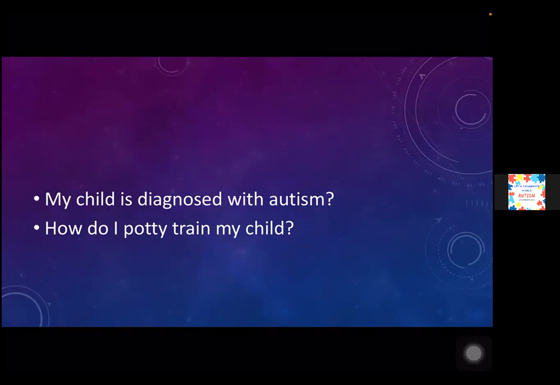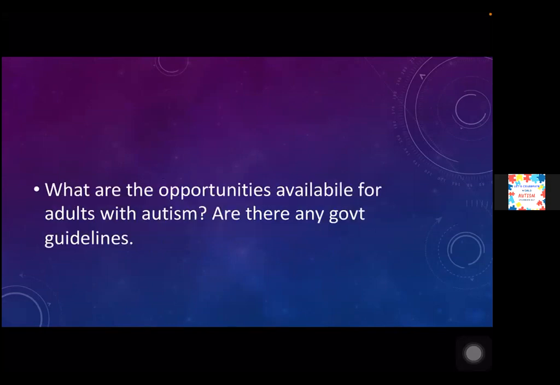How to potty train a child with autism? I would say it is with behavioral therapy, occupational therapy, and personally at home, the parents can use something called visual cards to help potty train your child. A routine has to be maintained. You need to show cue cards to your child, and you need to potty train your child.